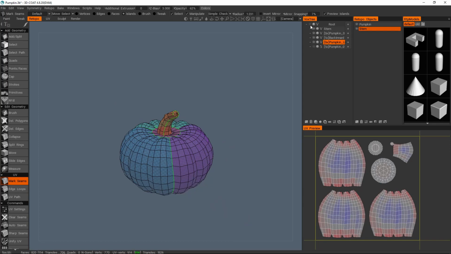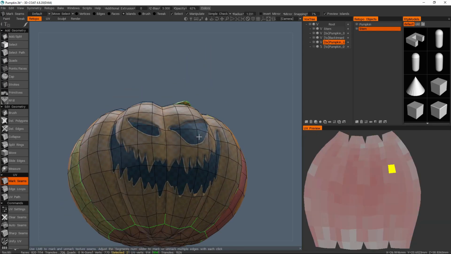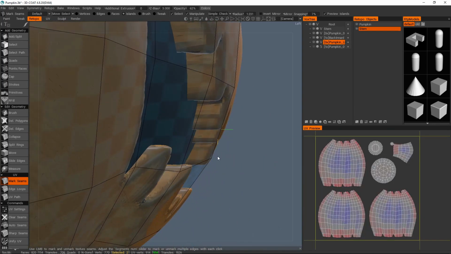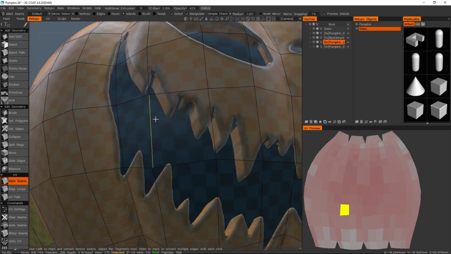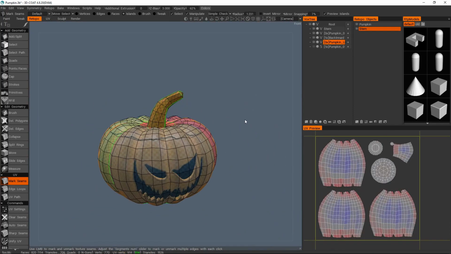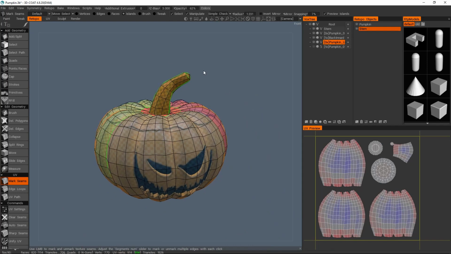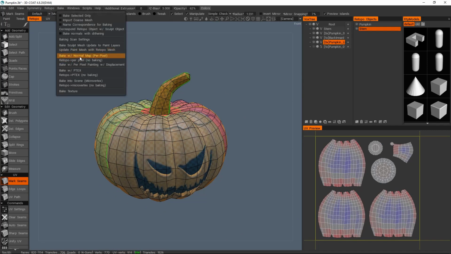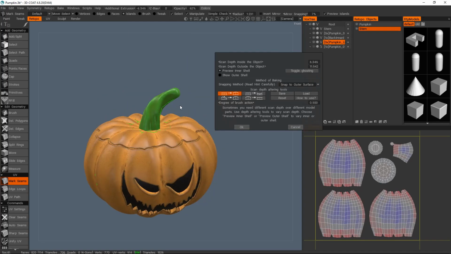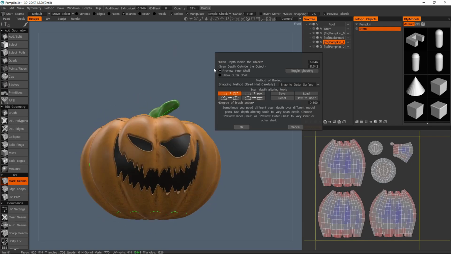Anyway, it's time for the moment of truth. I was a bit worried about this area here, and I think this is quite a big gap to clear. So now we're going to find out if I was right or if I was worrying about nothing. So let's do a bake with normal map per pixel. And I always start with the inner shell. And I don't think we can see anything, so